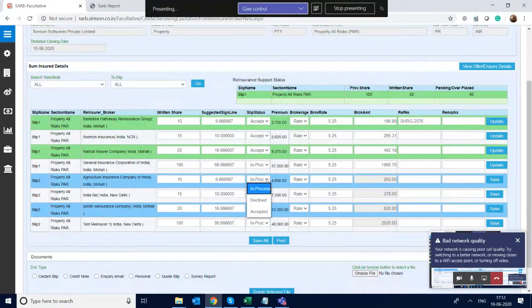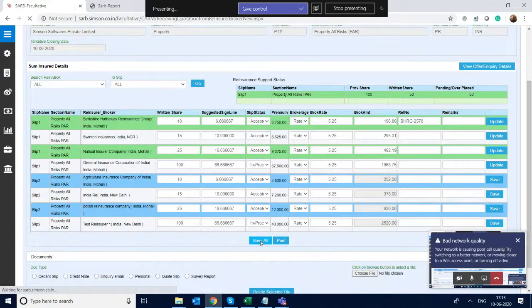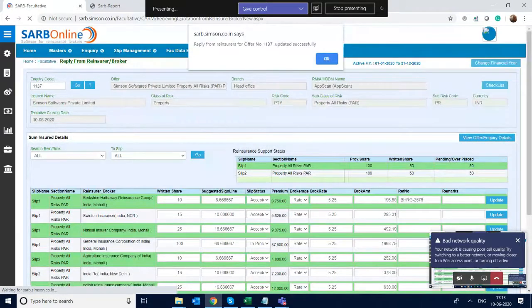So accepted, and this also accepted. So I'll save all these. So I get 50% for slip 1 and 50% for slip 2.